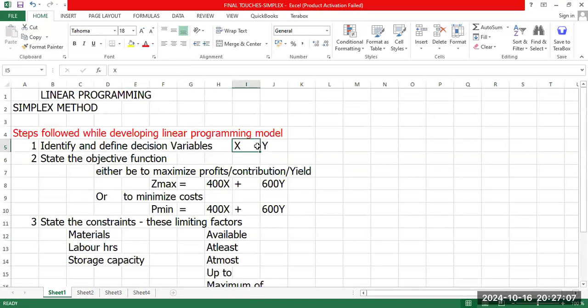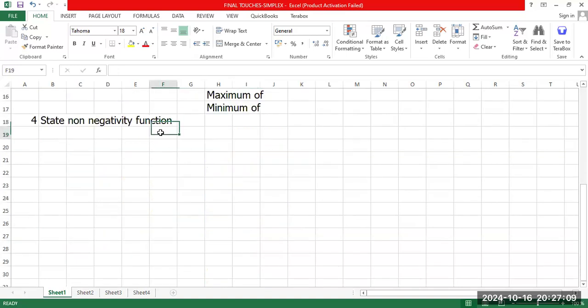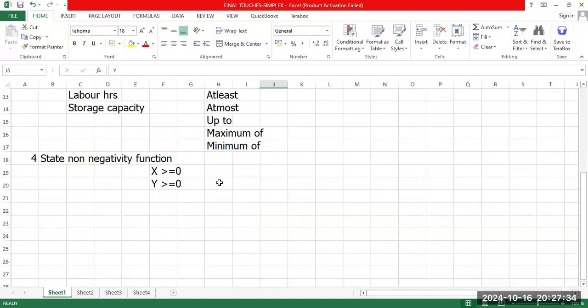If you have 2 variables, what will be your non-negativity function? The non-negativity function will be x should be greater or equal to 0. It should not be below 0. It can either be 0 or above 0. Y can be greater or equal to what? To 0. But we don't expect what? Negatives. If you have 3 variables, then you also include z should be greater or equal to